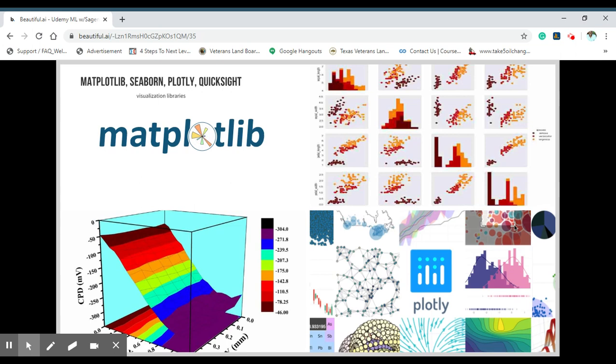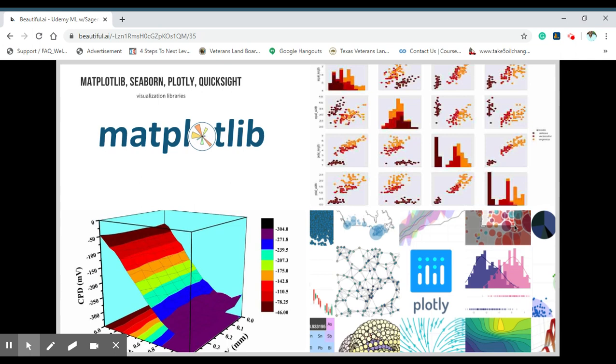And QuickSight is Amazon Web Services' visualization package. It allows you to perform many of the same functions you're seeing here with some of the other visualization packages, including Matplotlib, but you're looking at data in real time. I think of it as a slightly more user-friendly version of Tableau, and a bit less expensive as well. So with that being the case, any one of these packages works really well for what you're trying to get done. It just depends on what you're trying to do.